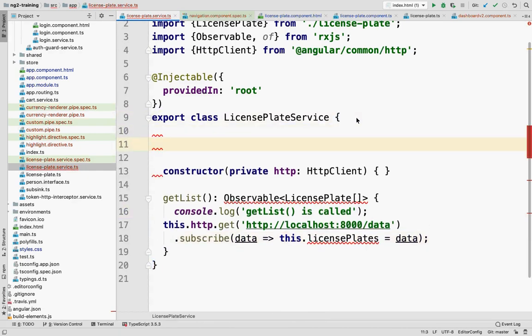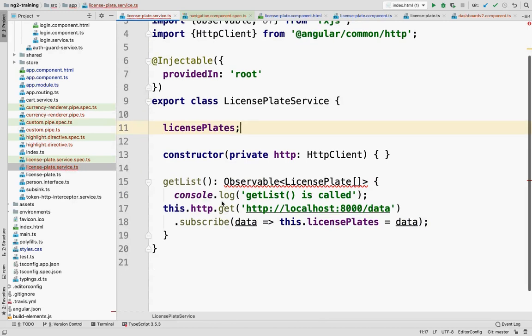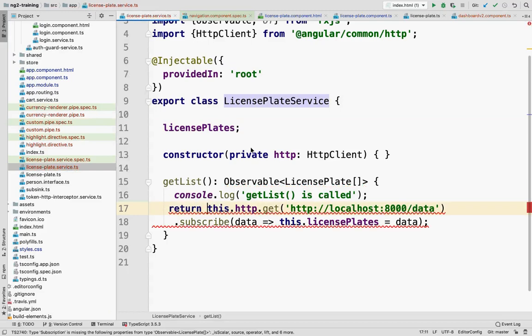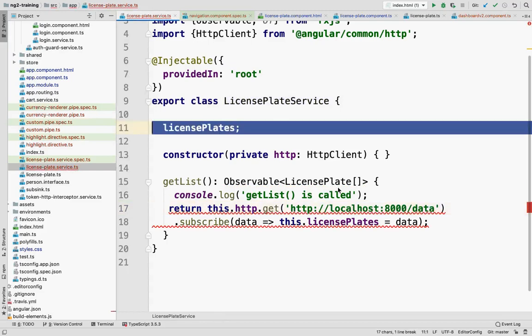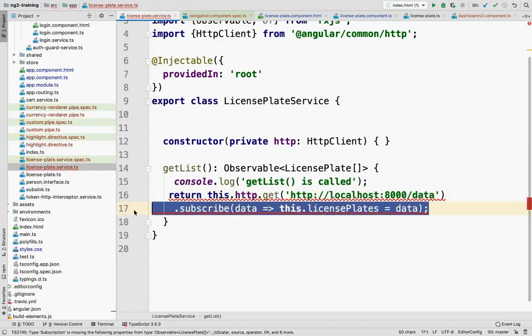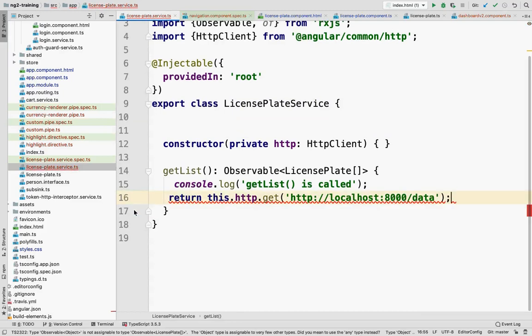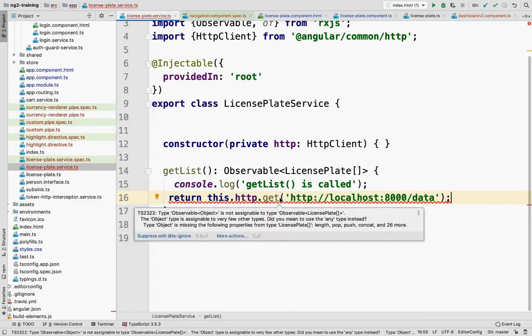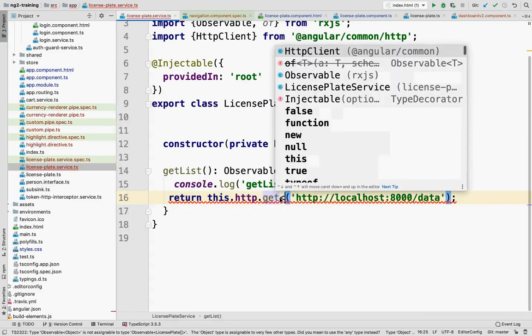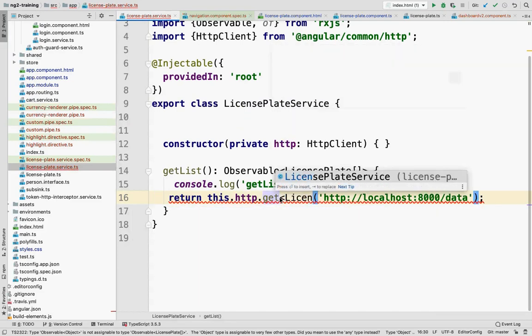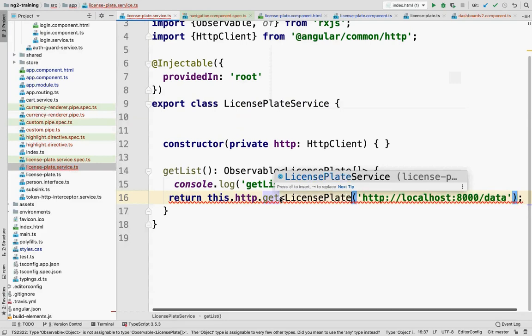So let's declare it up here. Yeah, I'm going to do the very quick version here. Actually, I'm going to change that a little bit. Do it that way. That should do. Oh, it's complaining about the type here. So I can provide the type information to TypeScript.